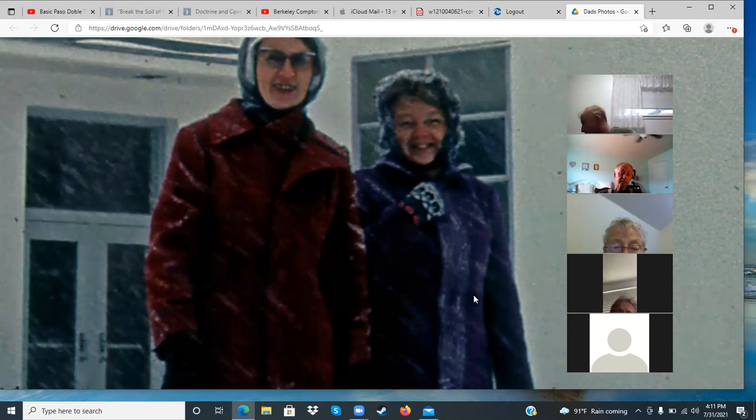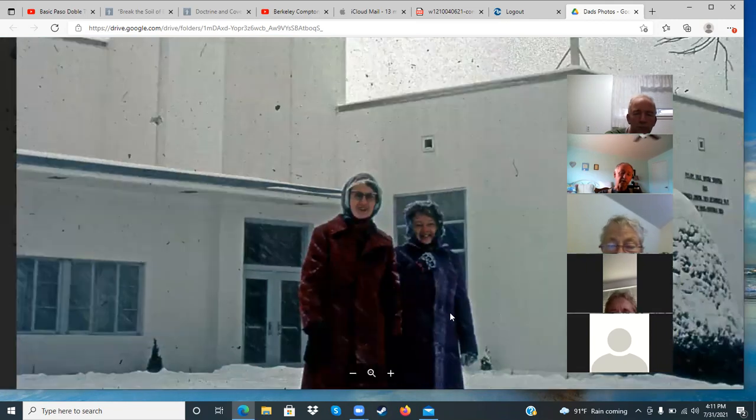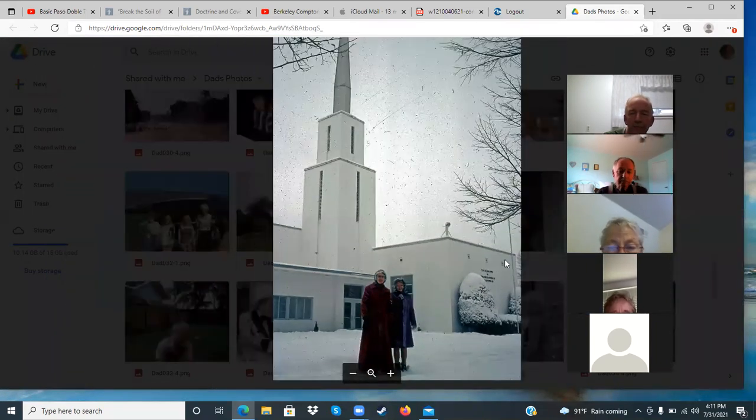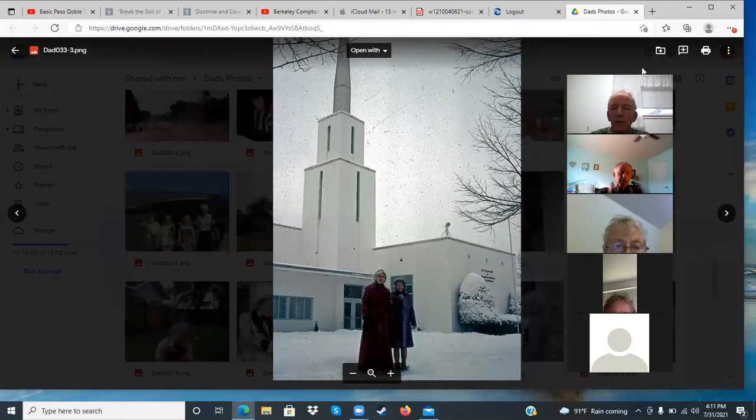Which one? If I were to guess which one it is, I would say it's Barbara, but it doesn't even quite look like her. It's hard to tell though because of the quality of the picture. This does look like mom though. Yeah, that's mom. And I believe the other one is one of Dad's sisters. I can't keep them straight, but that would be my impression. What's mom doing there in the winter and what year is it? We can't tell. There's more pictures of the winter scenes in Weiser coming up.